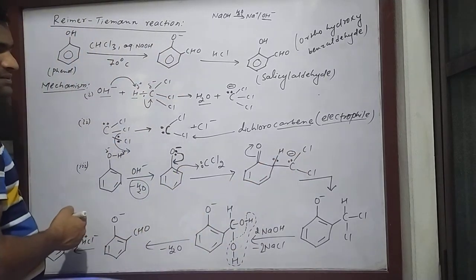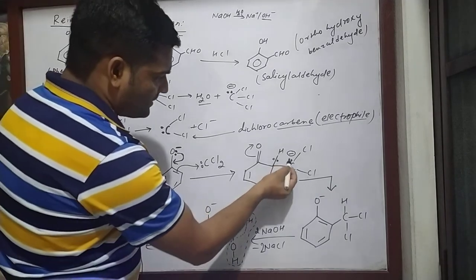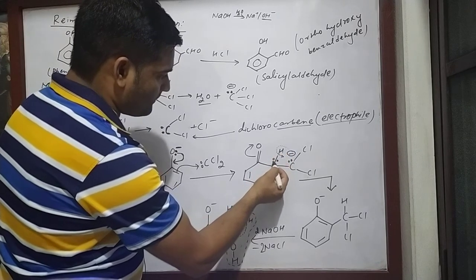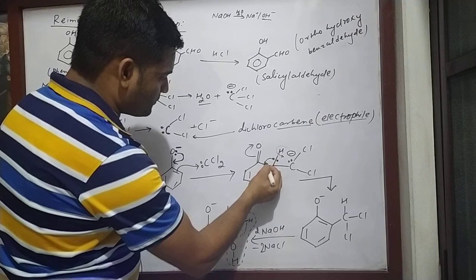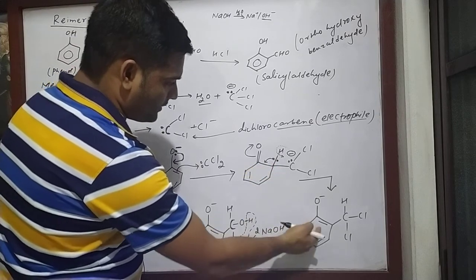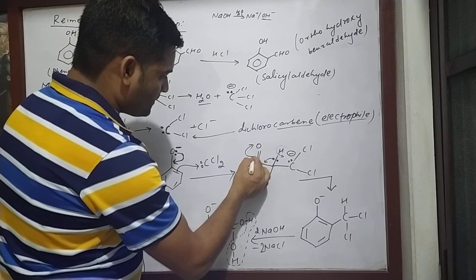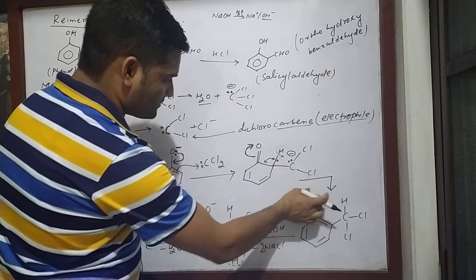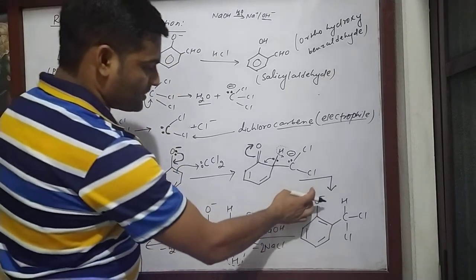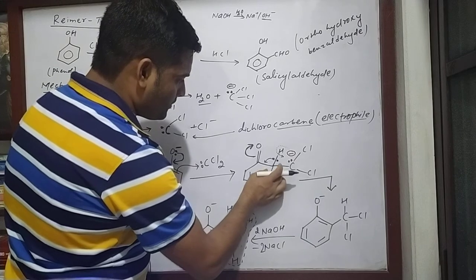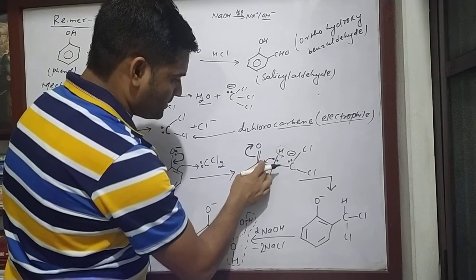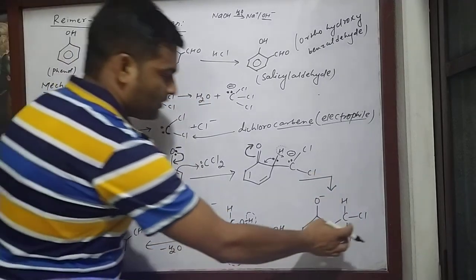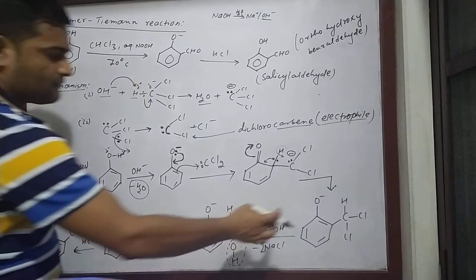And in the next step, what happens? This negative charge attracts the hydrogen, the electron pair shifts into the ring, and the multiple bond is formed. At the same time, the pi bond between carbon and oxygen shifts towards oxygen, so a negative charge forms on oxygen. When the carbon-hydrogen bond shifts into the aromatic ring, H plus migrates to carbon, and it is formed like a haloalkane, with carbon-halogen bonds.